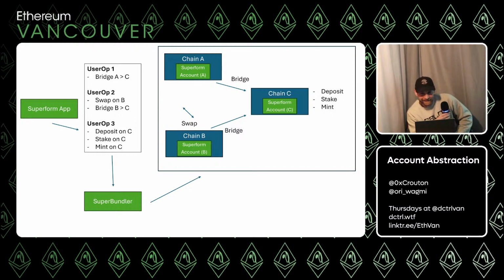What I was saying is that it depends on the state transitions on that single chain, right? You cannot do things on chain C like the deposit, stake, mint until, I guess you're kind of loaning it out, right? If you're not waiting for the bridge to finalize, you're saying, all right, you're going to have stuff there, so we'll accrue things for you. We're using, for example, solvers. So in a way there is this borrowing concept, but these bridges are very fast, right? So that all makes sense.